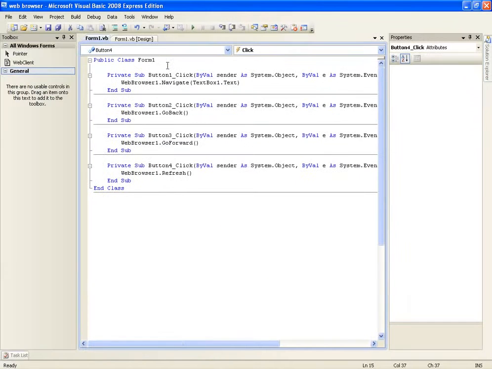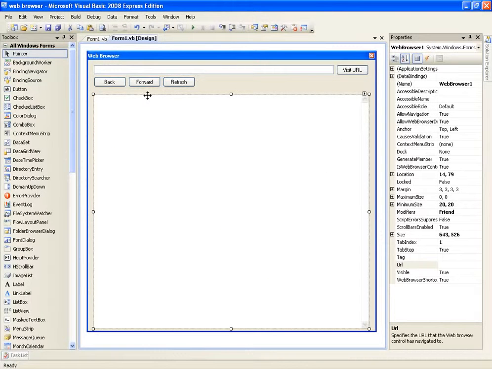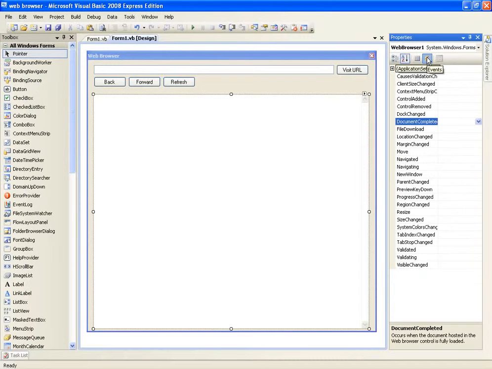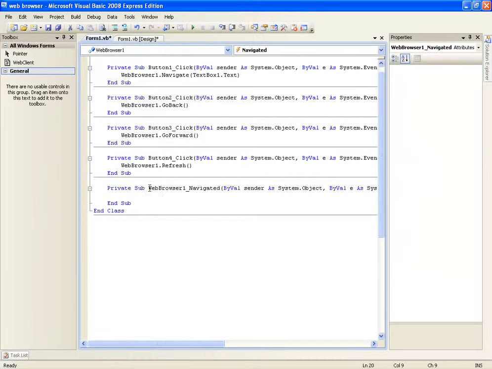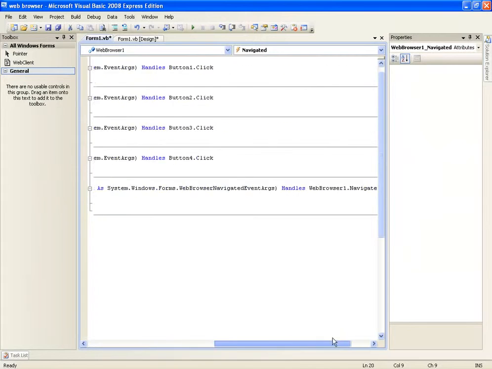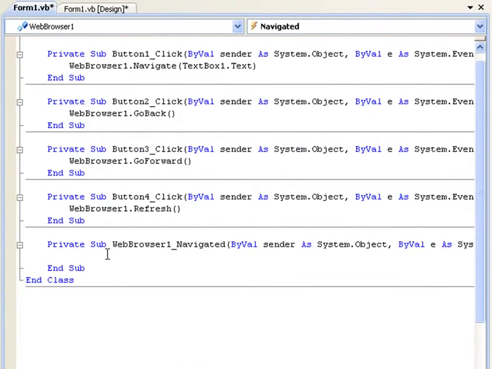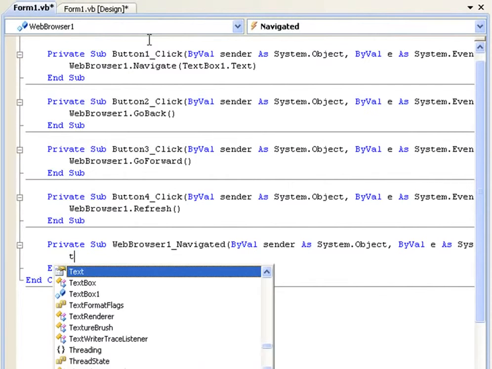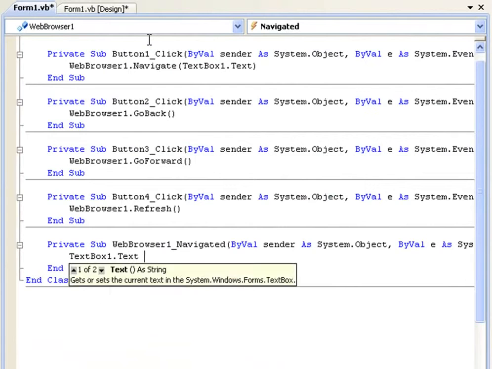Just close this, and you're going to click on webbrowser1 first, and then in this little lightning type icon, the text is events. Click on that, and if we scroll down to Navigated here, inside this white blank text box, double click, and this is going to bring us to webbrowser1.Navigated, which is going to handle webbrowser1.Navigated, and this is what's going to happen every time a page loads. And we're simply going to say textbox1.text equals